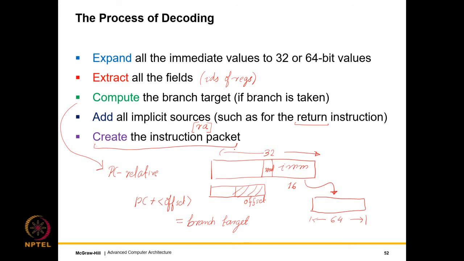And most of the time, if we are creating a hardware implementation, we also add many more pieces of information. These are typically called control bits, which control the processing of the instruction in later stages. So in later stages, let's say which functional unit to choose, whether it's a memory instruction or not. So a lot of this information is at this point of time also added to the instruction packet, such that subsequent stages will find it much easier to process the current instruction.